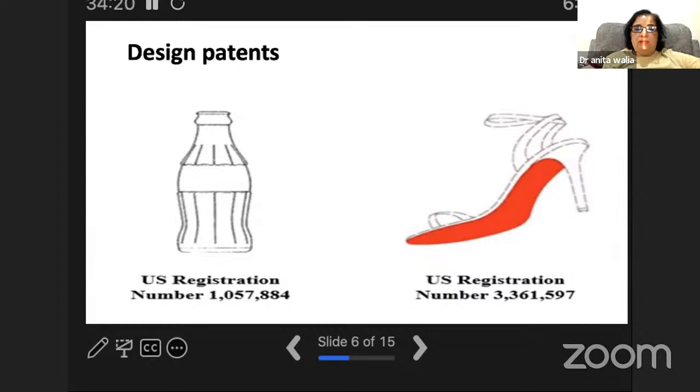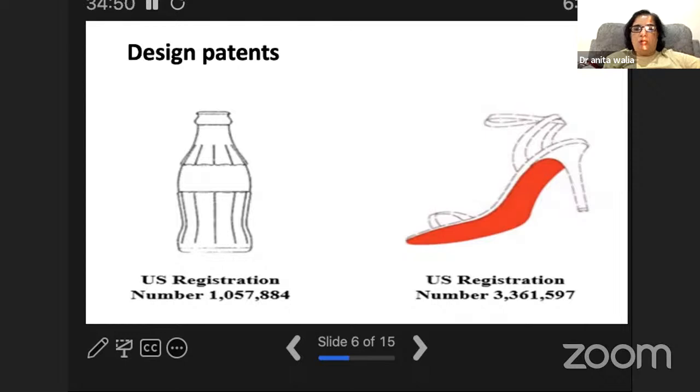So like a utility patent, a design patent should also have utility, novelty, and non-obviousness. A design patent must not be obvious. Suppose somebody in history painted something or made a sculpture, and now you are putting it forward as an idea on paper. That cannot be patented. Okay. So it should be totally new.